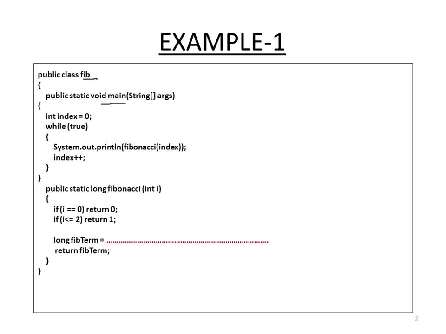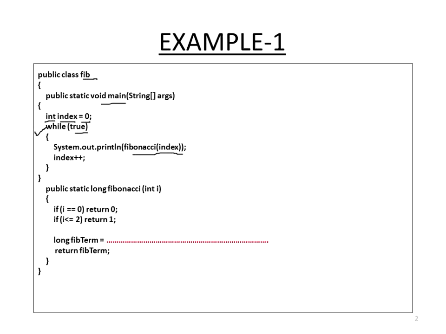Now here we have initialized a variable called index, and we have given its value as 0 and it is of type integer. Now this is a loop, a while loop. So while true, System.out.println